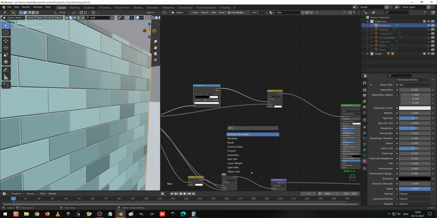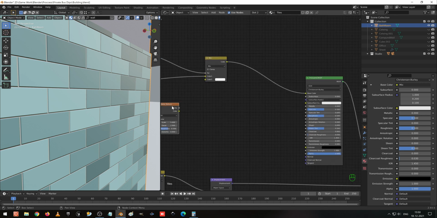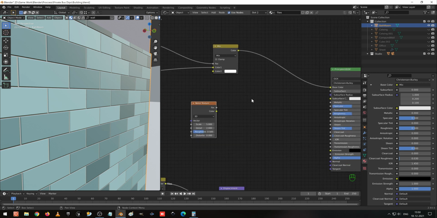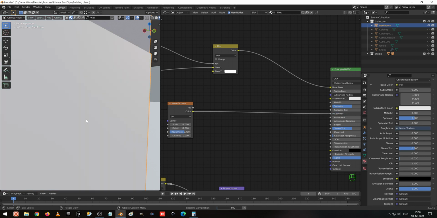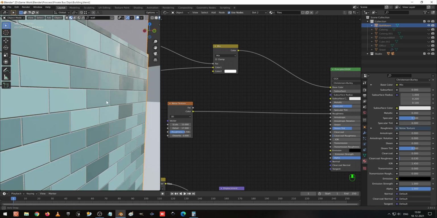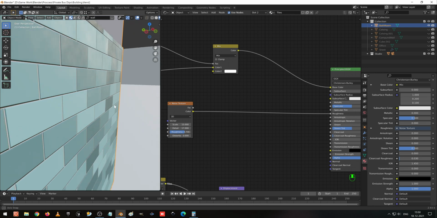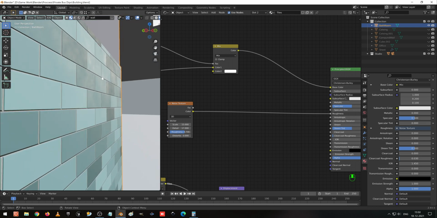I am going to add a noise texture. So I zoom in here, noise texture. Using this I am going to give the scale as 15, detail as 17, roughness is okay. No, roughness 0.7 I gave. Now I am going to add a color ramp node. Before that I directly connect the color to the roughness. So you can see it doesn't have much reflection, so you can see this shade.